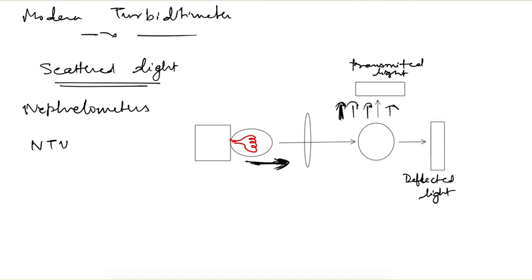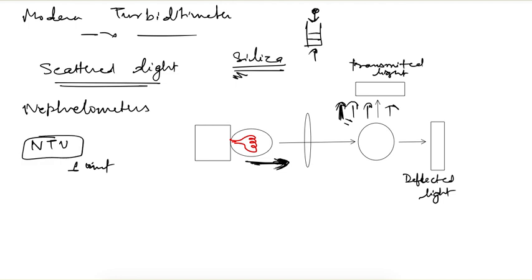These can also measure very low turbidity. They can measure below 1 unit also. But here the unit is different. Here we are not using silica units, because silica units are applicable when the direction of light and our observation are in the same line. That was used for silica units. There is no correlation between this scattered light and this direct light. So for this, different units are used and we group them as nephelometric turbidity units.